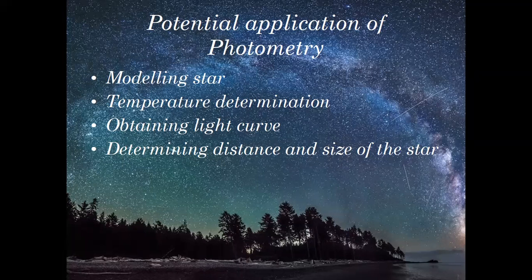The HR diagram is basically magnitude versus temperature. So once you get the magnitude, and once you are able to get a proper estimate of the temperature of the star, you can determine the size and distance to that particular star from the HR diagram. So photometry gives you some basic tools in order to locate where the particular star is in the HR diagram. And once having the position of that star found in the HR diagram, you can easily go for determining the distance as well as the size of that star. Okay, next slide.